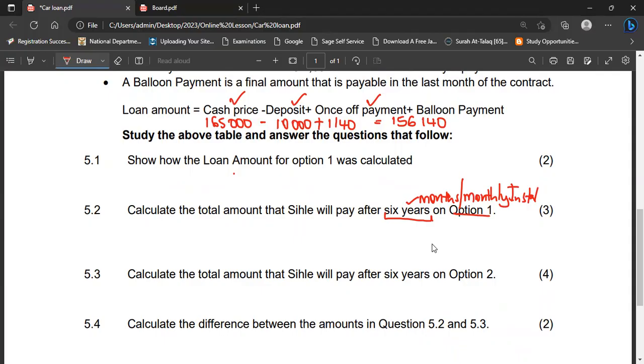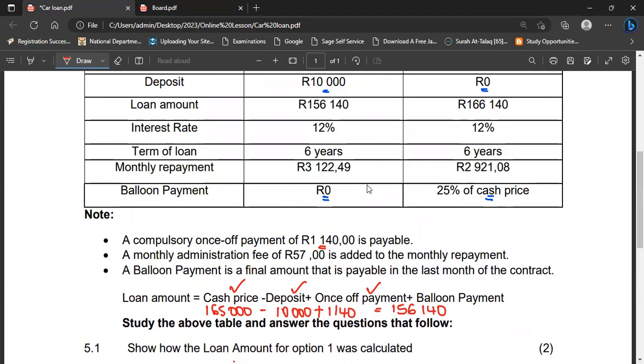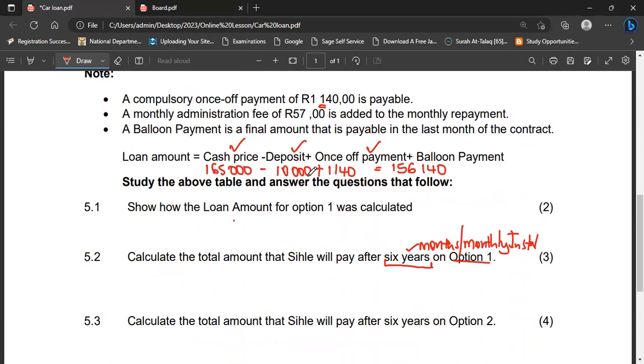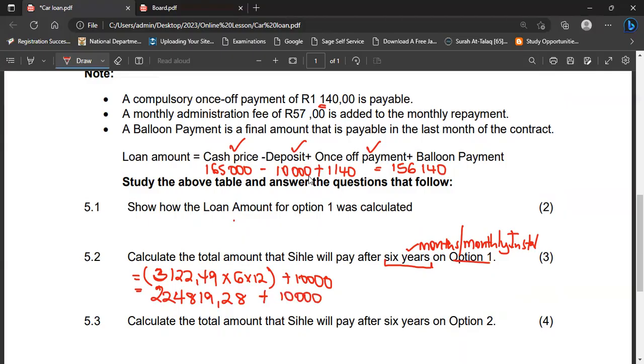So first and foremost, we shall go to the table there. Look how much was the monthly installment. Here in option 1, it's 3,122 rand 49 cents. So we shall write it and say 3,122 rands 49 cents times the number of installments. In 6 years, we have 72 installments, which is 6 times 12. On top of this, the person would have paid a deposit of 10,000. So at the end of it all, how much will the person have paid? In the brackets we have 200, add on the 10,000, which becomes